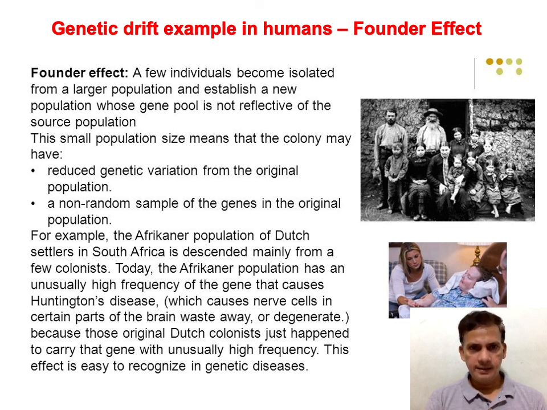Huntington's disease usually results from the nerve cells, and it could lead to wastage of part of the brain and degeneration. This small population of Dutch people has this disease because the initial founder population had a heterozygous allele which was responsible for Huntington's disease. These kinds of issues can arise when the founder population is really small. So genetic drift could lead to some kinds of diseases in humans, and it is also responsible for the reduction in genetic variation.